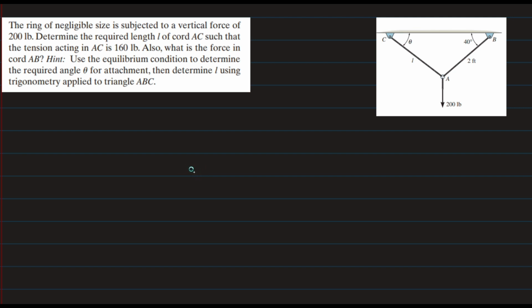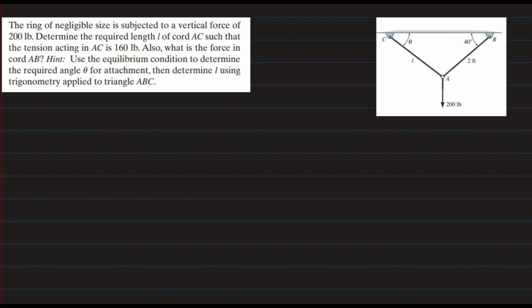So the ring of negligible size is subjected to a vertical force of 200 pounds. Determine the required length L of cord AC such that the tension acting in AC is 160 pounds. Also, what is the force in cord AB? Hint: use the equilibrium condition to determine the required angle theta for attachment, then determine L using trigonometry applied to